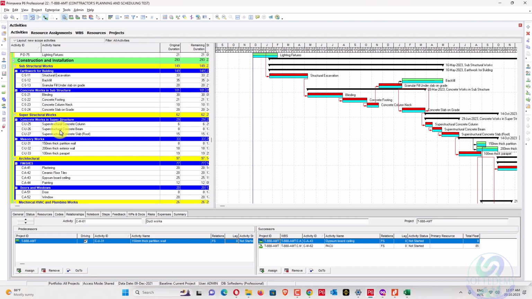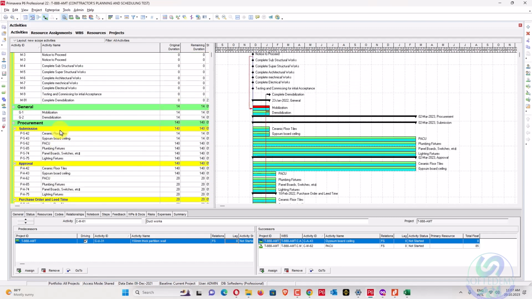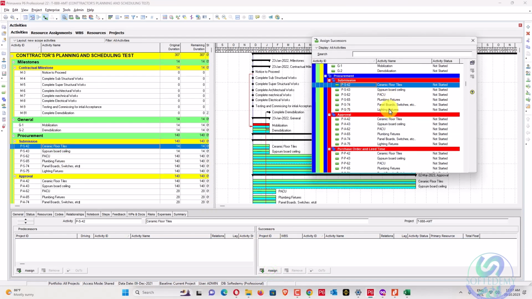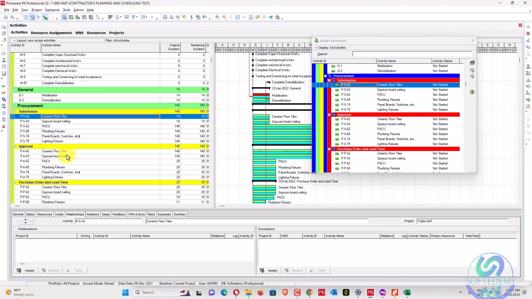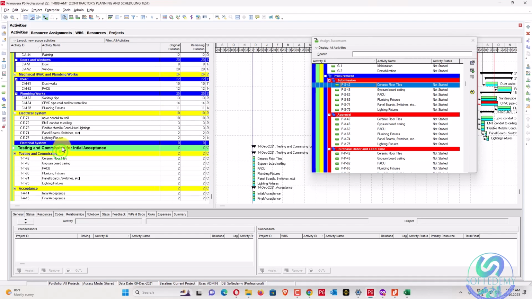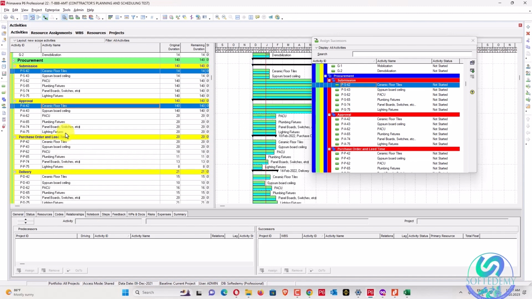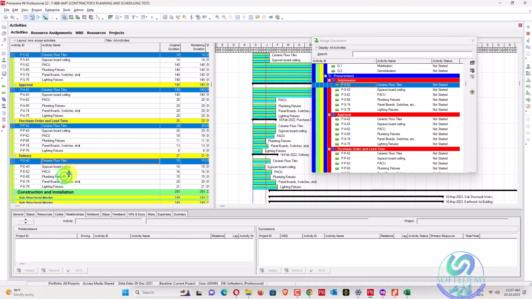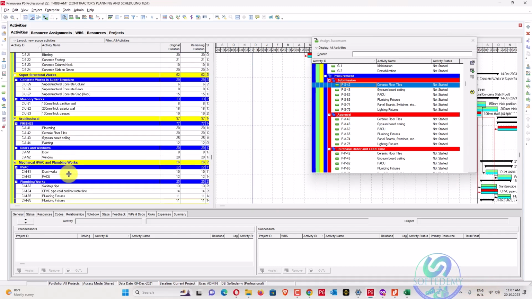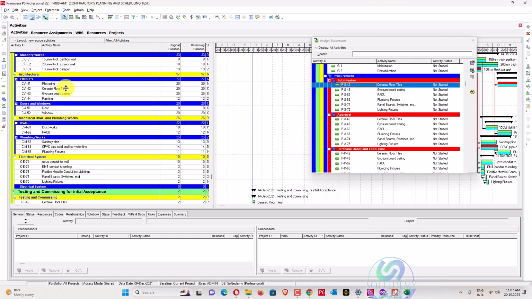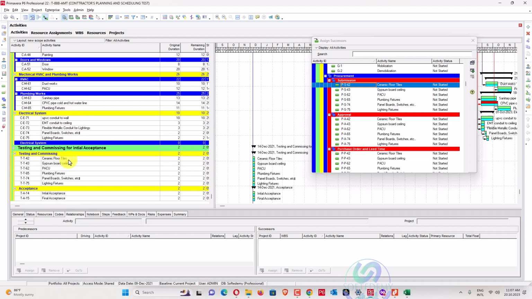So now just link all the like items with itself. For example, there is ceramic floor tiles. So I will go here, press control, select all my ceramic tiles, and this one, and now I will select this one, where is ceramic tiles, and then we'll select this one.